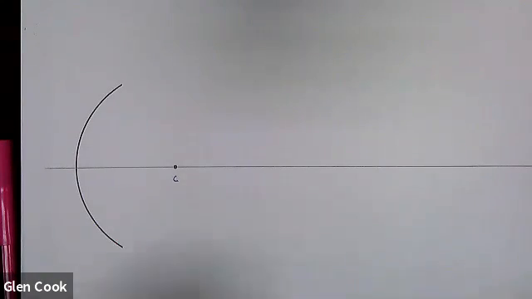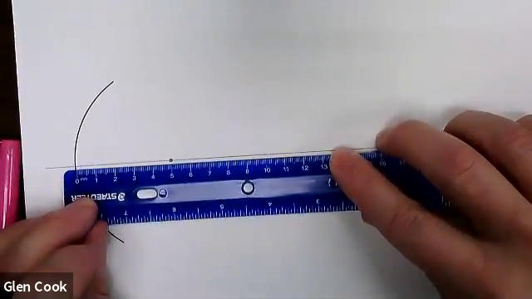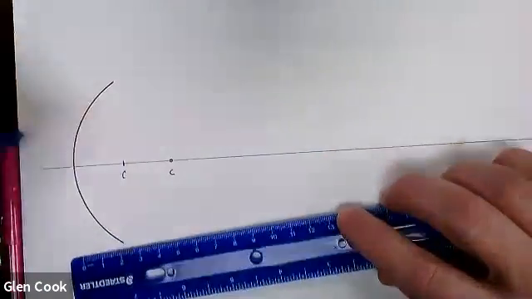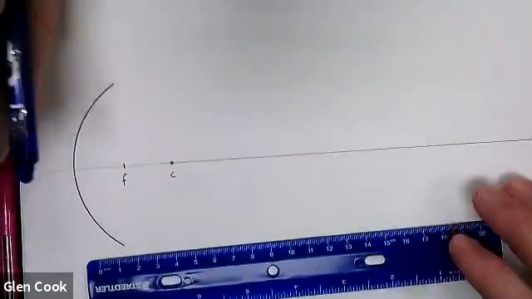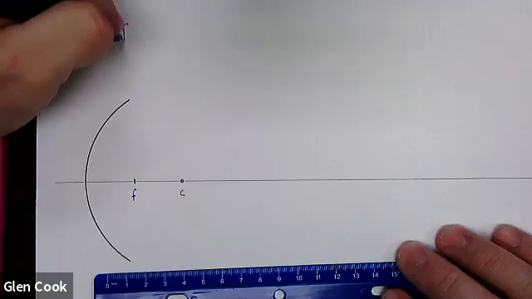focal point. And so we're going to measure that. It's the same as it's been. It's 2.5 centimeters in, right? So 2.5 centimeters, I'm going to mark that. In fact, that's an F. The definition is that F will be equal to